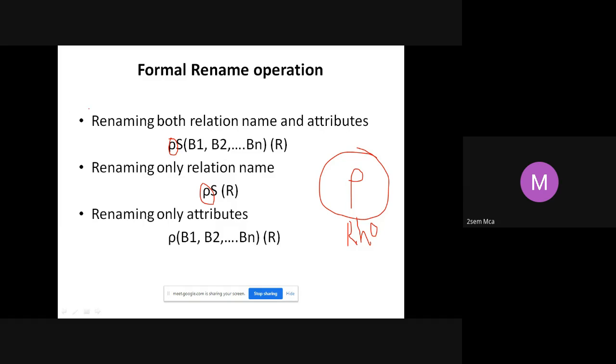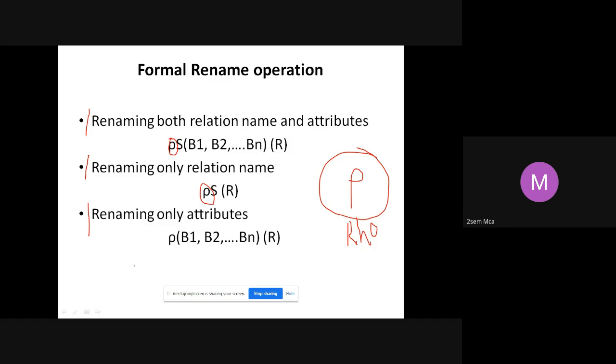As I told you, you can rename both the relation name as well as the attributes. You can rename only the relation name. You can rename only the attributes. Everything is allowed. It is not mandatory that if you rename attributes, you should rename the table also, or that if you rename the table, you should rename attributes also. No such rules are there. You can rename anything.